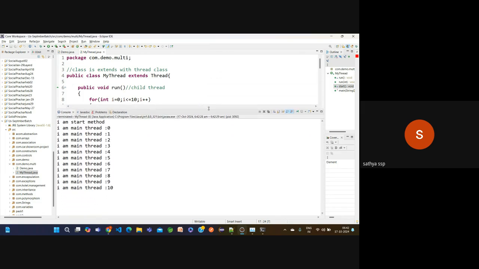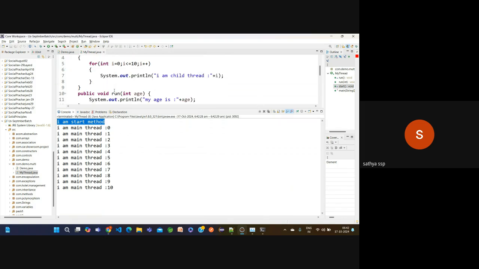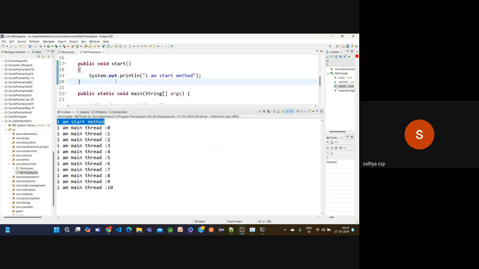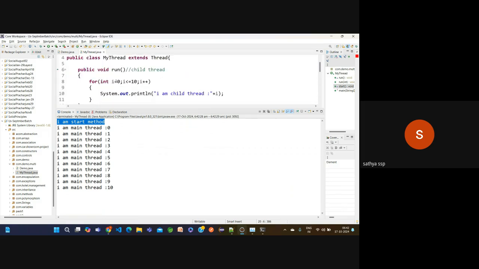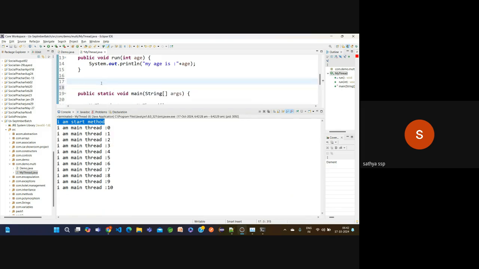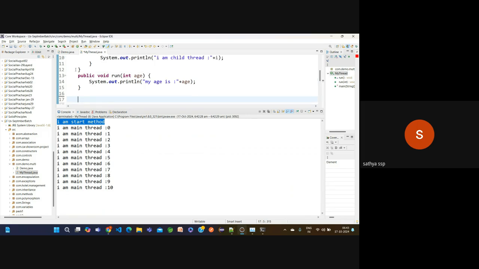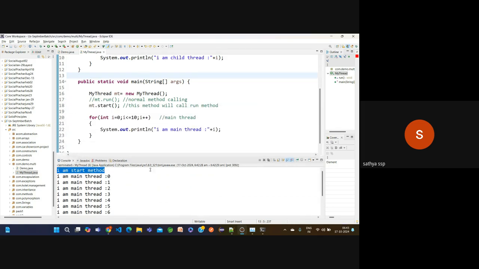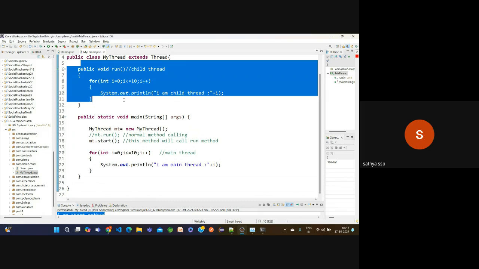Now observe carefully here, we called only one method, that is the start. If we have a start method inside the logic, it will directly call only the start method. It will not call the run method. So we cannot define a start method in our program whenever we are creating our child thread. Are you clear on why we are not using that run method and start method again in the child thread case? If you use the same method names again and again, it executes only the default run method.